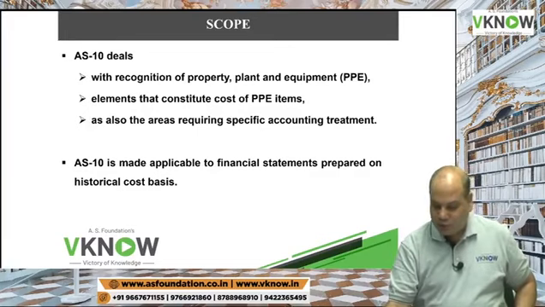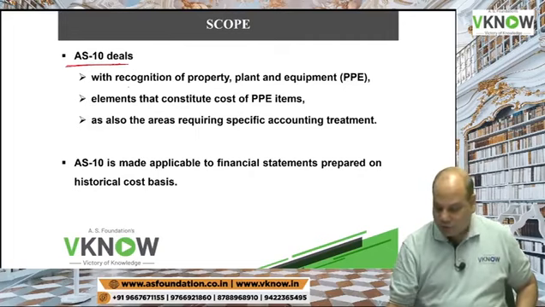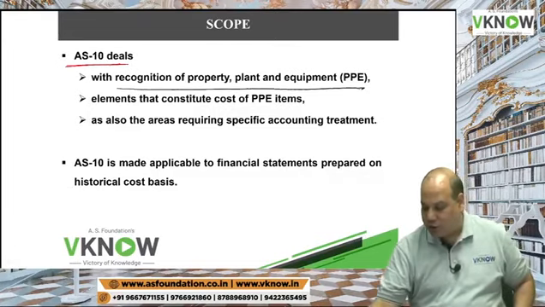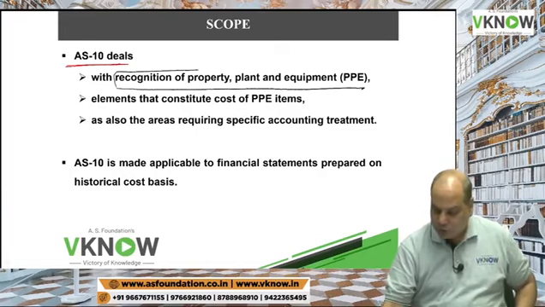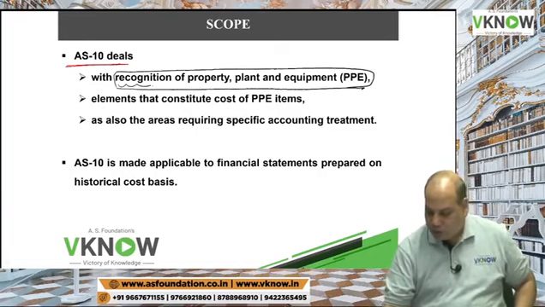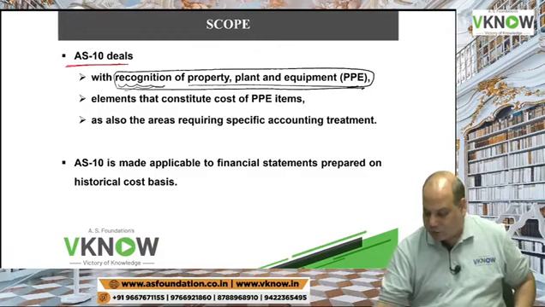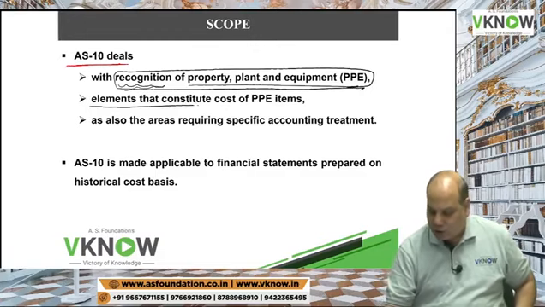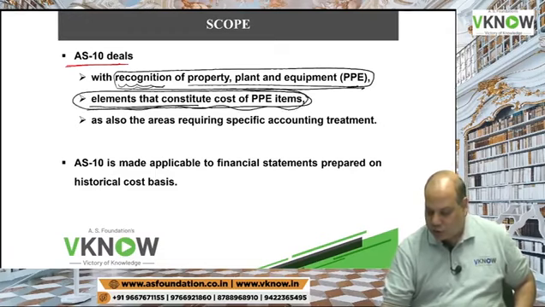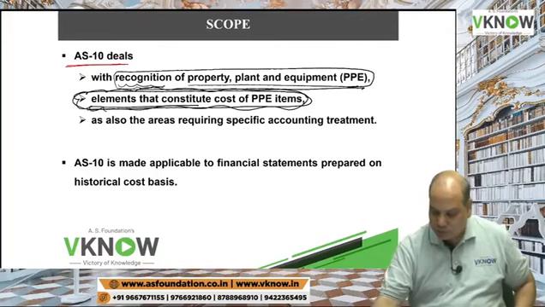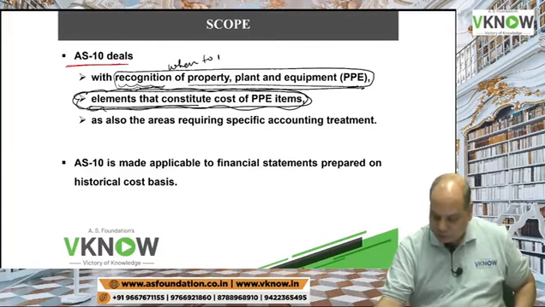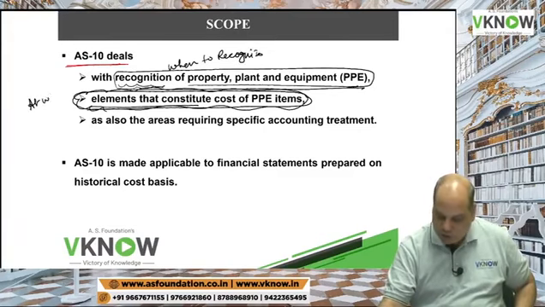Please come to the AS10 scope paragraph. First paragraph: AS10 deals with the recognition of property, plant and equipment. So our topic will be when to recognize property, plant and equipment. Most importantly, on which we are going to spend a lot of time, how to calculate the cost of property, plant and equipment. When to recognize, at what amount we should recognize,